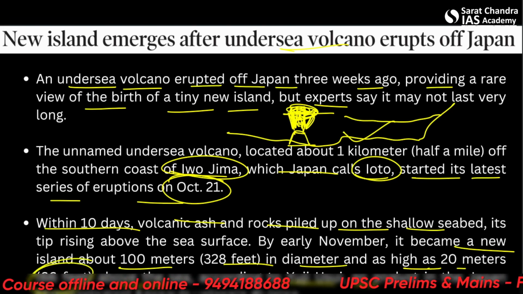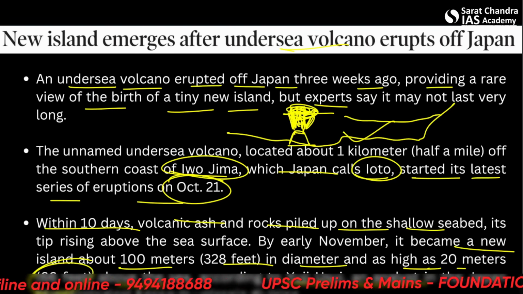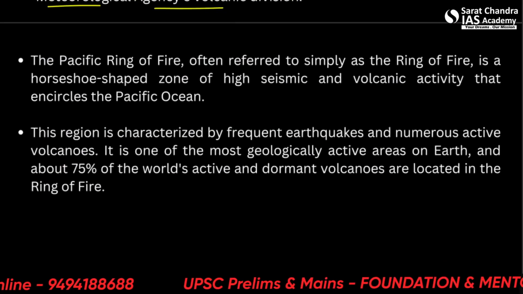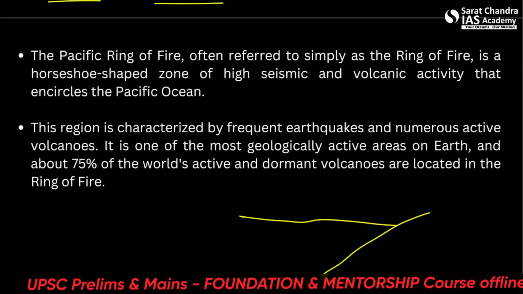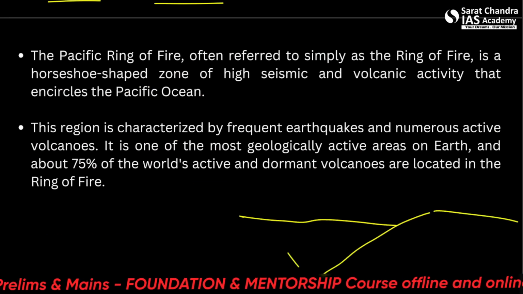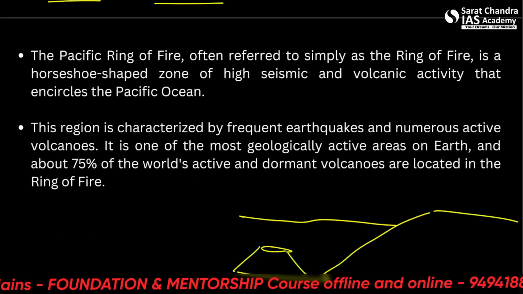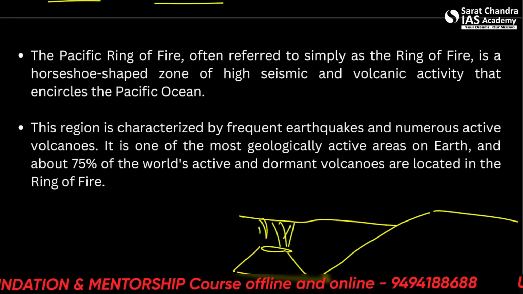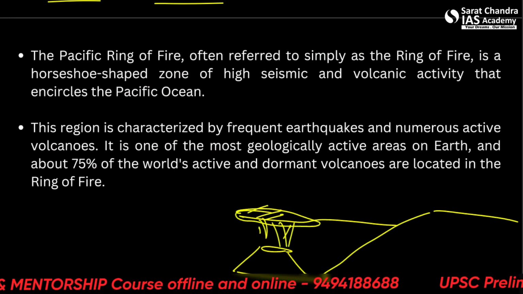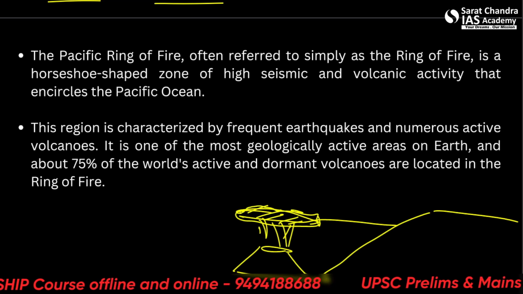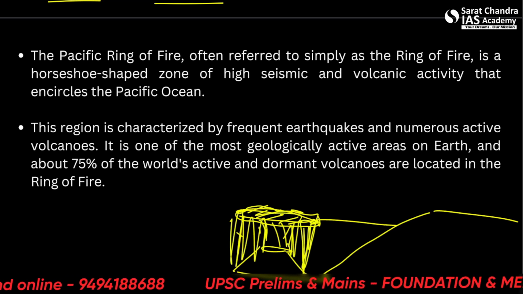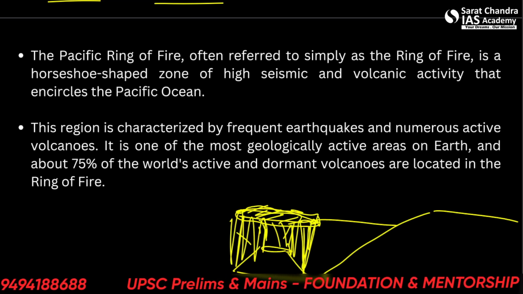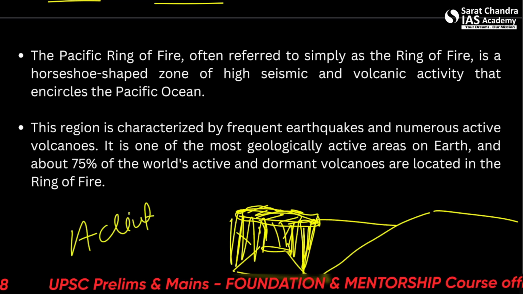According to Yuji Usui, an analyst at the Japan Meteorological Agency. Just a second. Why are we seeing this? Basically, what's important for us? This volcano thing is not important for us. What's important for us is this activity, 100 meters by 66 feet above the sea level. Why does this happen?